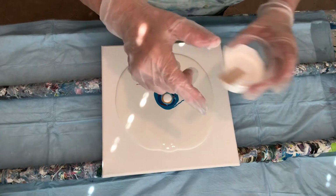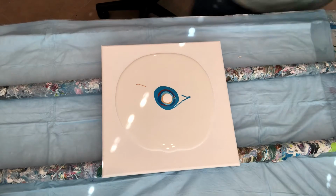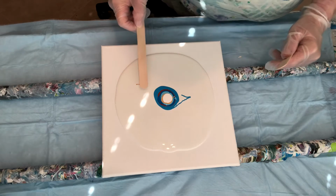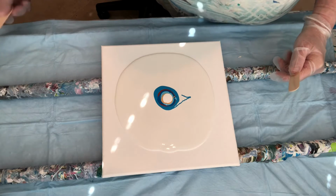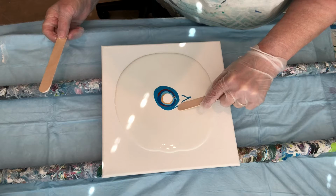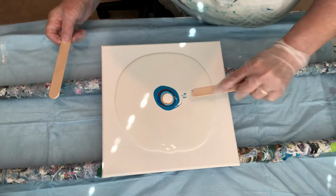Okay. Now, usually, she'll wait a little bit, and I don't blame her. I'm going to try and pick up some of this gold here, get out of it. Don't know whether that did it. Maybe some of the blue. I don't know what I want to do with that. I guess it'll eventually just...